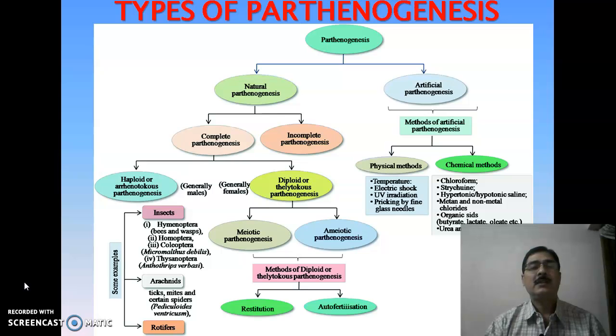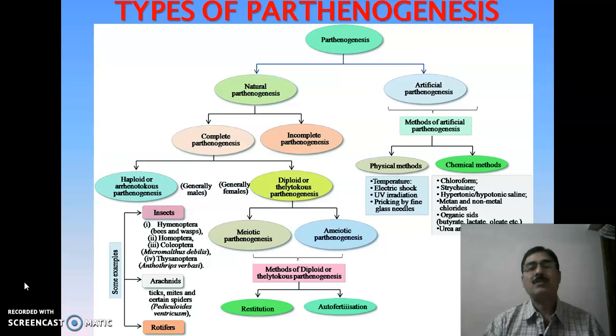and urea and sucrose. As far as the natural parthenogenesis is concerned, it can be complete or it can be incomplete. In the case of complete parthenogenesis, it may be the haploid or Arrhenotokous parthenogenesis or diploid or Thelytokous parthenogenesis. In the case of haploid, generally males are produced parthenogenetically while females are produced sexually. In the case of diploid or Thelytokous parthenogenesis, generally the females are produced,